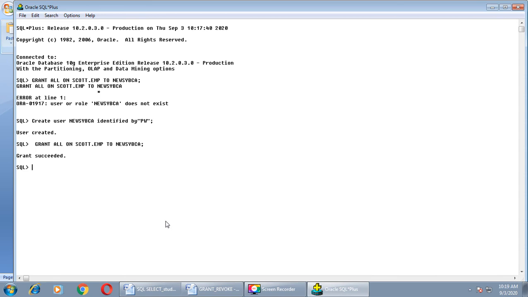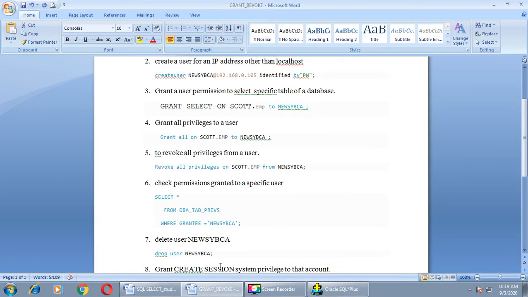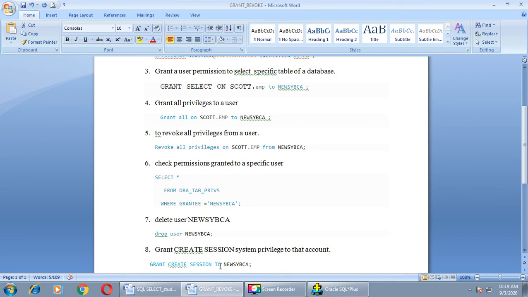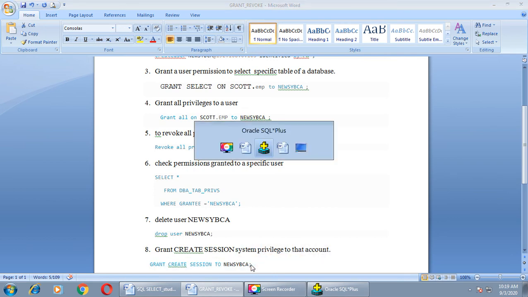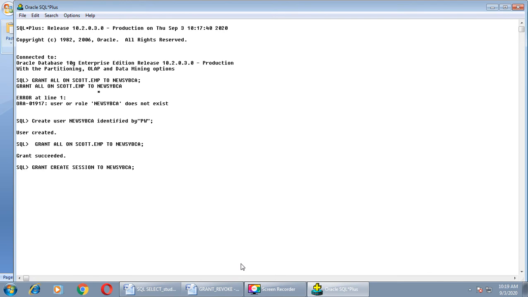Now how to give create session privilege to this particular user? For that I will write grant create session to new SYBCA, right? There you can see that grant create session to new SYBCA. This privilege is applied, right?